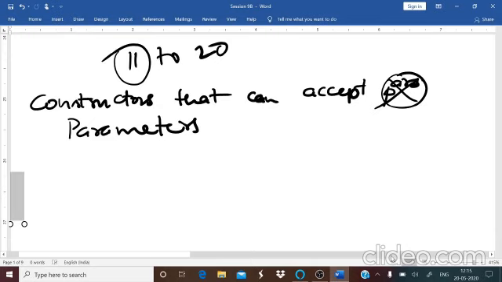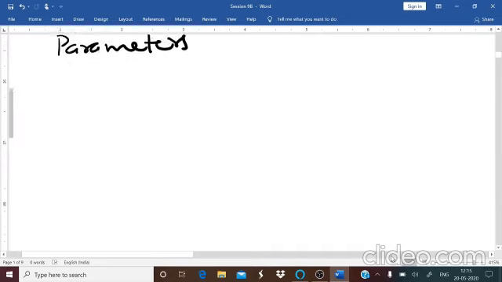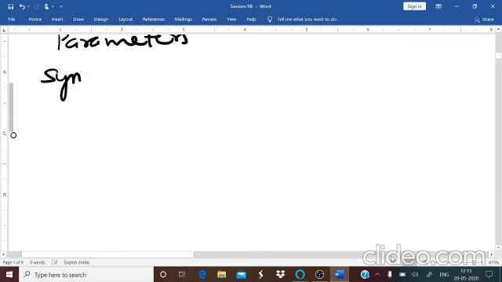Parameters are nothing but values or variables. It's called a parameterized constructor. Once the parameterized constructor is declared, you cannot make use of the default constructor. The default constructor cannot be called. Okay. So what is the syntax for this